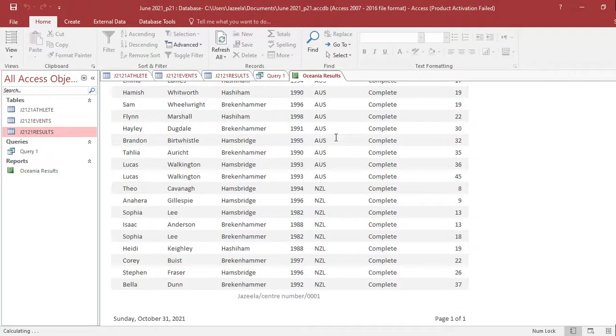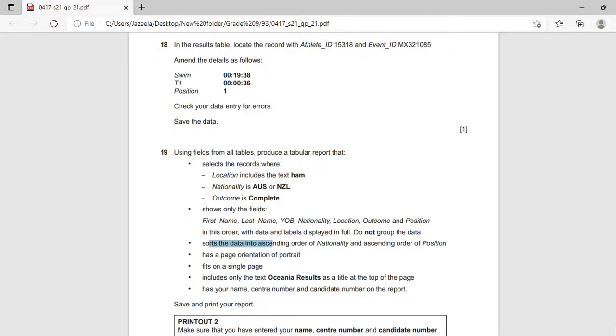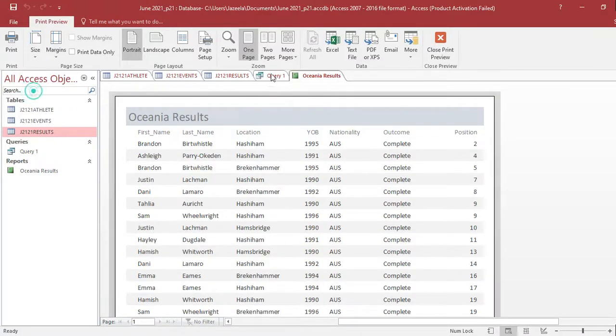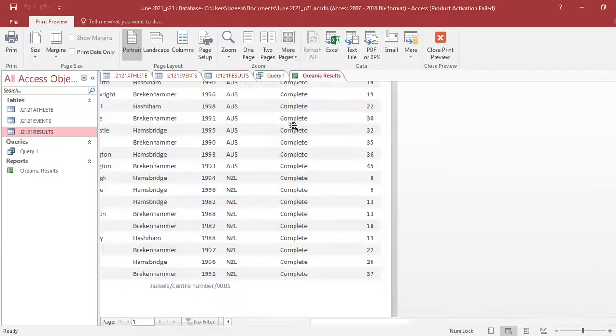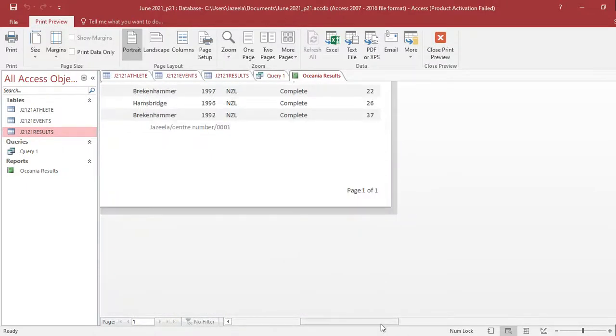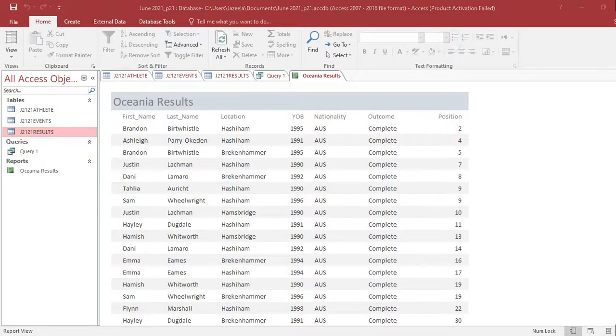Now it's here in the report footer. So we are done with first report. Now we can save, and to take the printout you can go to print preview, and you have to know how many pages are there and whether it is correct or not. So go for more pages, go for the maximum number of pages. There is only one page here, so this is the correct one. Now close print preview. Now moving on to the next question.